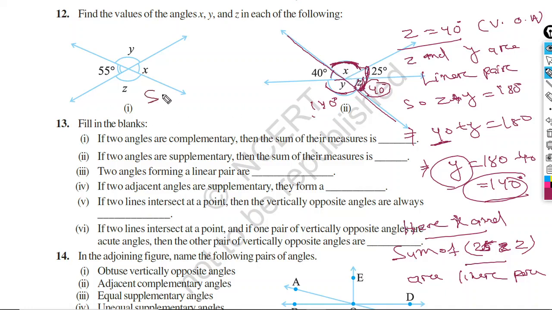Therefore you can write, angle x plus 25 plus 40, z is 40, equal to 180,